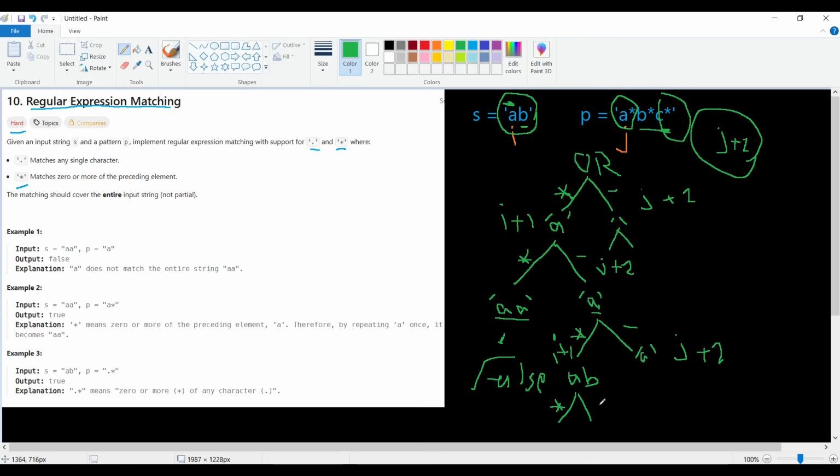We use the star, we don't use the star, and eventually we will reach a point AB, and we use the star for the C, or we don't use the star for the C. But let me change the color: now we matched AB and we matched it with A star, B star. So when we know we did match the whole string, it's true when we are out of bound. Here we come to this point, and we come to this point,